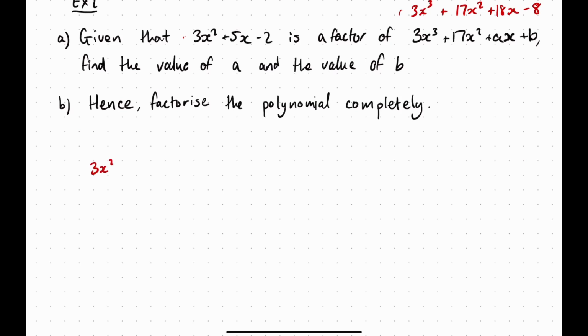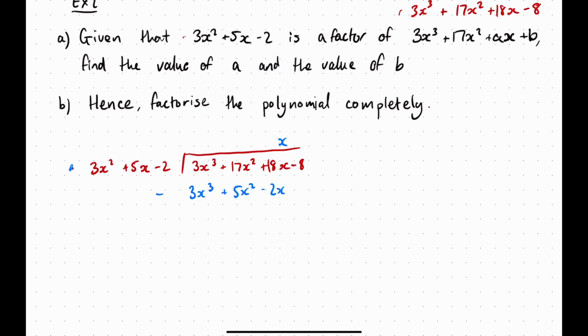3x squared plus 5x minus 2, and we're going to divide 3x cubed plus 17x squared plus 18x minus 8. Okay, so the first thing I need to get rid of is the x cubed. So to get rid of x cubed, I need to multiply this 3x squared, my quadratic, by x, which gives me 3x cubed plus 5x squared, minus 2x, which I'm going to take all away, leaving me with 12x squared